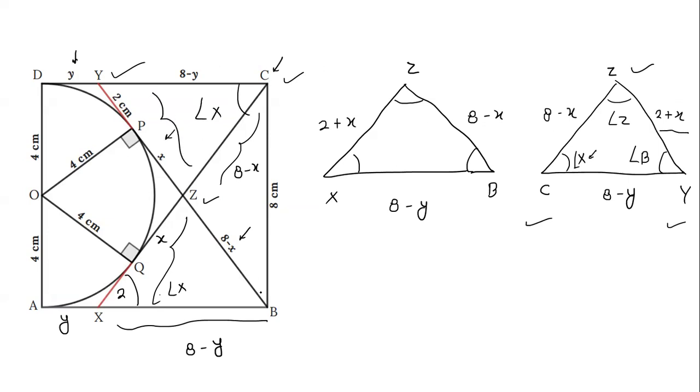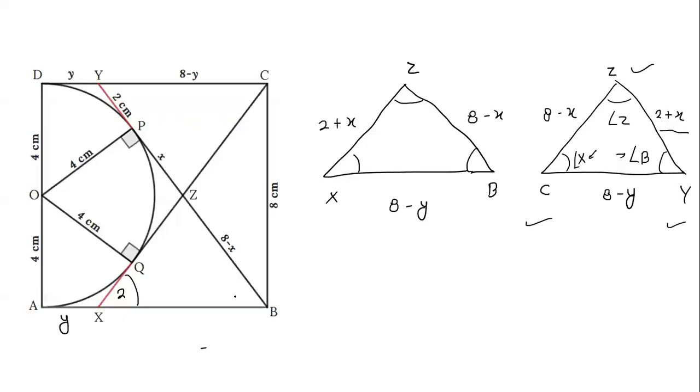So I draw here. We know this angle as B. So we also know this angle as B. So at the point Y, the angle is forming as B, and the side attached to B is this 8 minus x. Sorry. So this is angle B and this is angle B, and in this triangle Z, C and Y, the side attached to the angle Y and the point B is this 2 plus x.